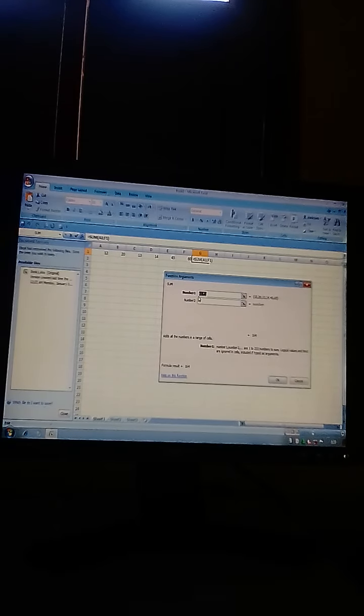So dear students, A1 to F1, here you see the values that are assigned in A1 to F1. The formula also displays A1 to F1. As we click on OK, the total of these values will be 164.